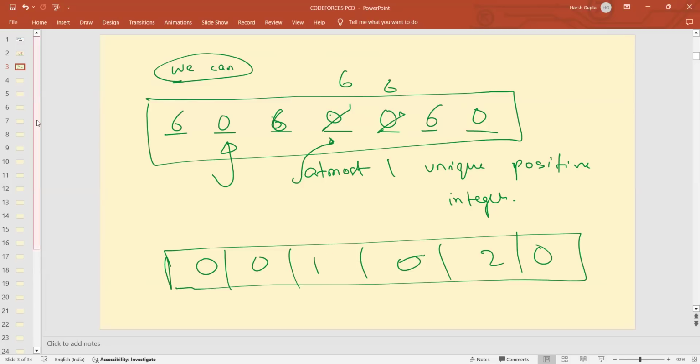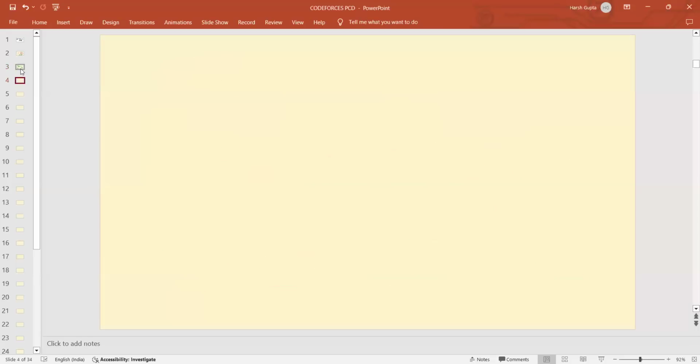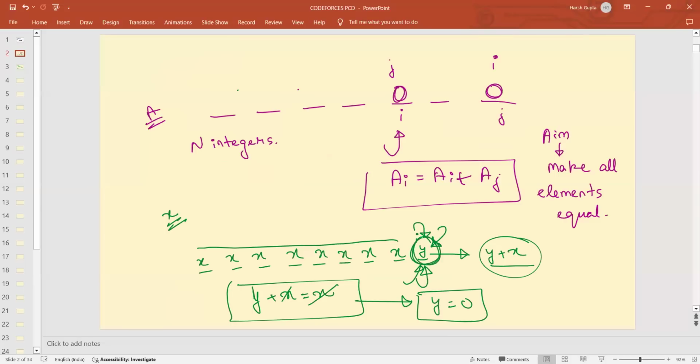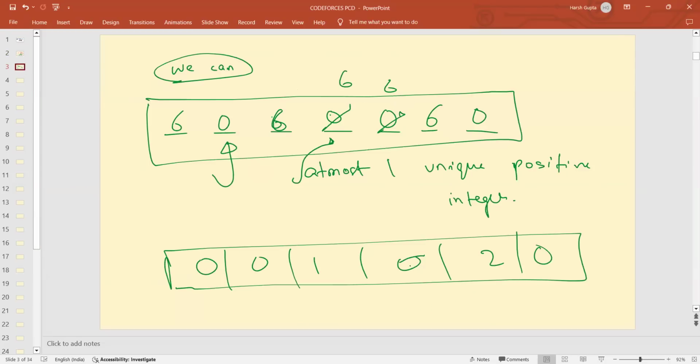The reason is because at the end, when you try to make the unequal element equal to the equal element, in that case, you need to add some values over here. So this value should be 0. This value should be 0. So you can never make all the elements of the array equal at a single time if it contains two